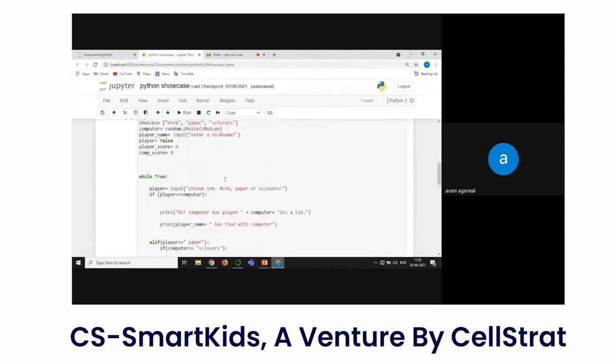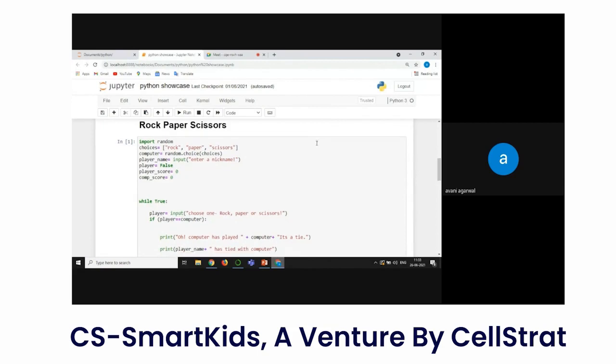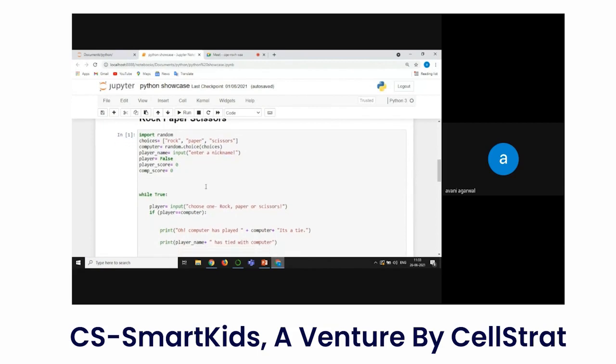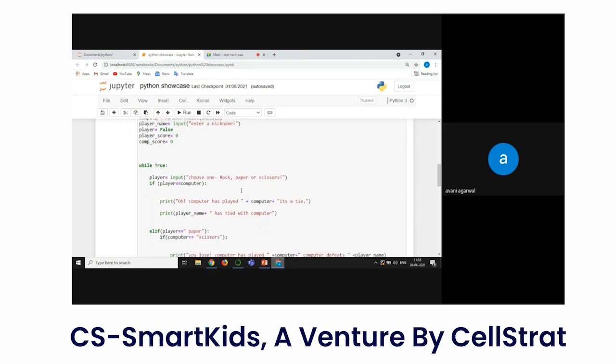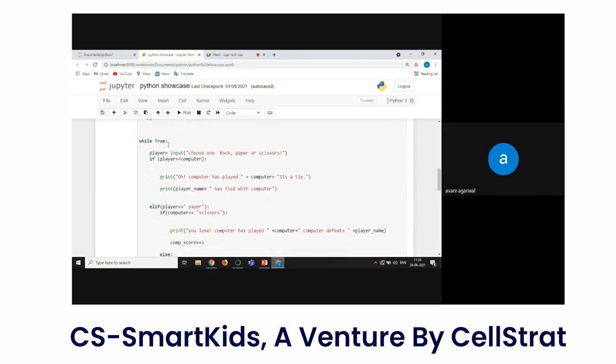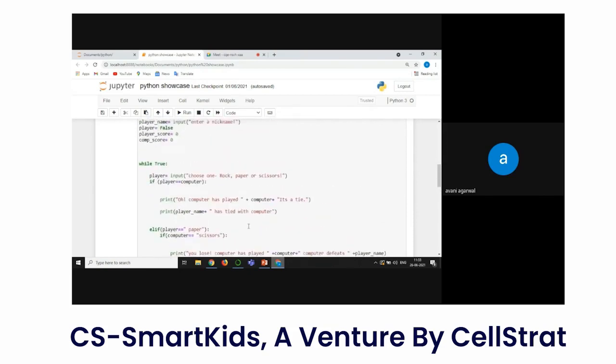Okay, so this is my code. I first imported random so that the computer can choose its own choice randomly out of the list, which contains rock, paper, and scissors. The player name is added using the input statement, and the player score and the computer score are set to 0. So this is the while loop, and the code inside this loop will keep repeating until the user says